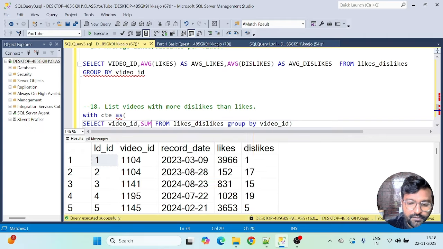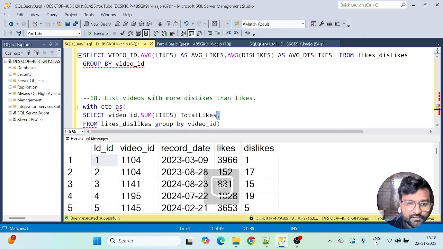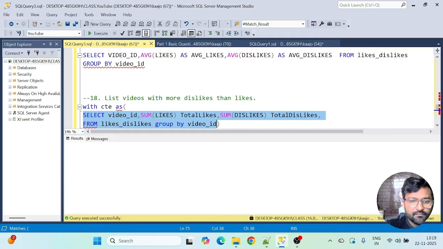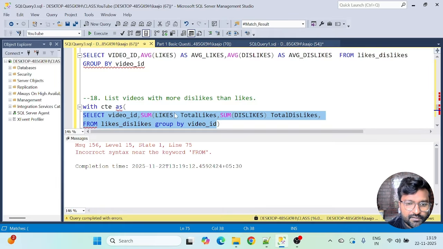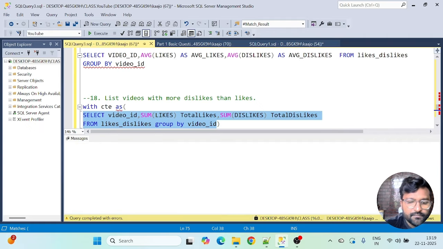Sum of likes, let's alias it as total likes, and take sum of dislikes also. Copy this. Total dislikes. Okay, I added this additional comma here.